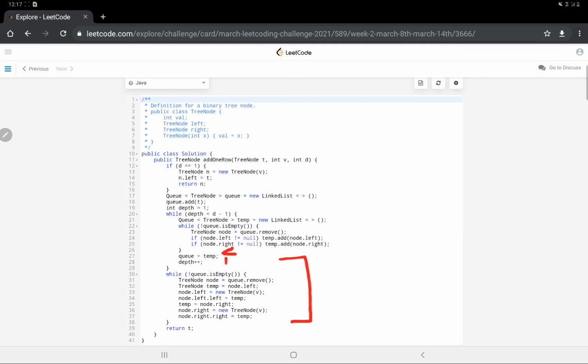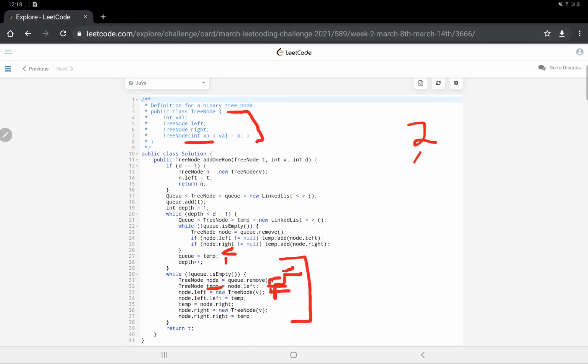So while the queue is not empty, we will remove one by one element, and we will also take their left pointer as well, because the first value will be added to the left, and if there is a value, then it would be added to the right. All right, so it would be initialized with the new tree node, and the structure is given over here only, that it would be like this, and this is the default constructor that would be called with the value v, and then the left of the new node will be pointed towards the temp only, that is the initial node.